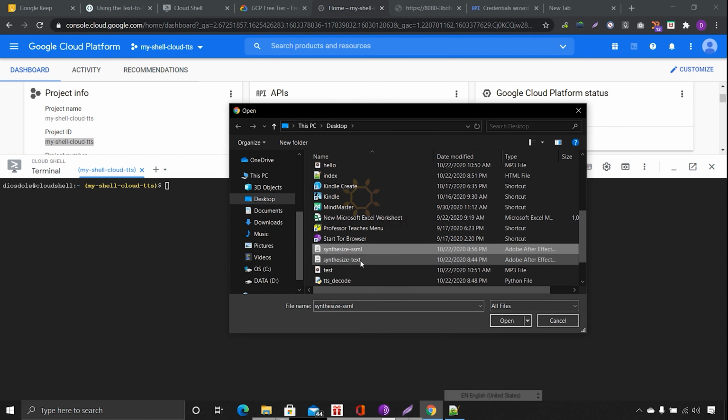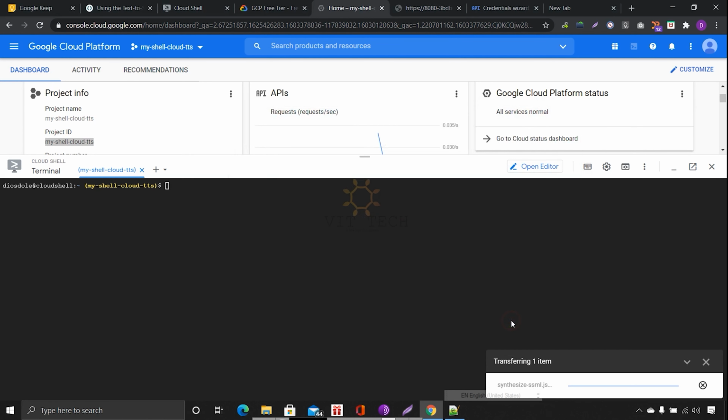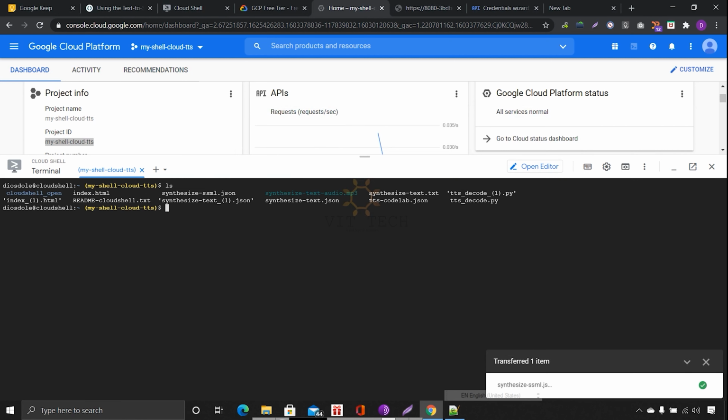SSML text we have completed. So is SSML loaded or not? You can check SSML. Yes, this is the SSML JSON loaded.